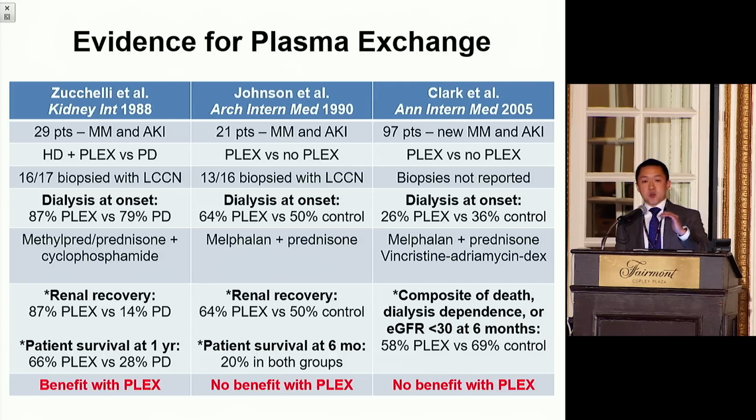And we know that in retrospective data there's a correlation that if you're able to reduce light chain levels by 50 to 60%, the rate of renal recovery is actually pretty high. The third is that the chemotherapy agents that were used at this time are not the same as what we use now. So I would argue that the translation of this study into current practice is not 100%. And so I'm not sure that the answer is completely clear whether plasma exchange is useful or not.